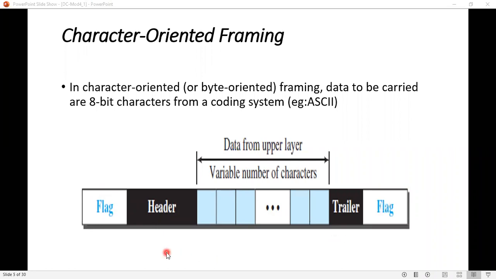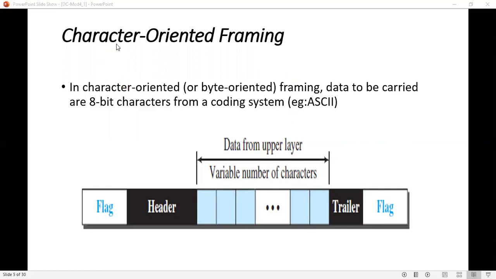Next is the header. It contains source and destination address and other control information. After that, you have a variable number of characters from the upper layer, followed by a trailer. In this trailer you have the error detection redundant bits. And all these fields in character oriented framing are multiples of 8 bits.